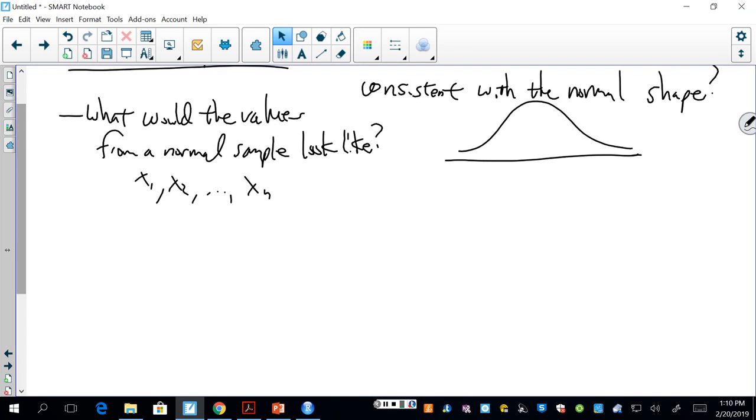One thing you could think about though is if you put these values in order from smallest to largest, they'd be kind of spread out like a normal should be. So if we sort these in ascending order,